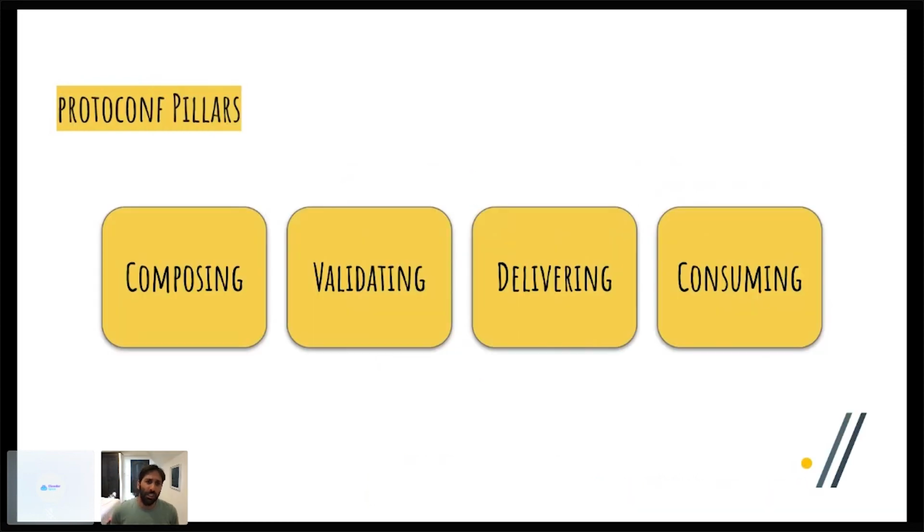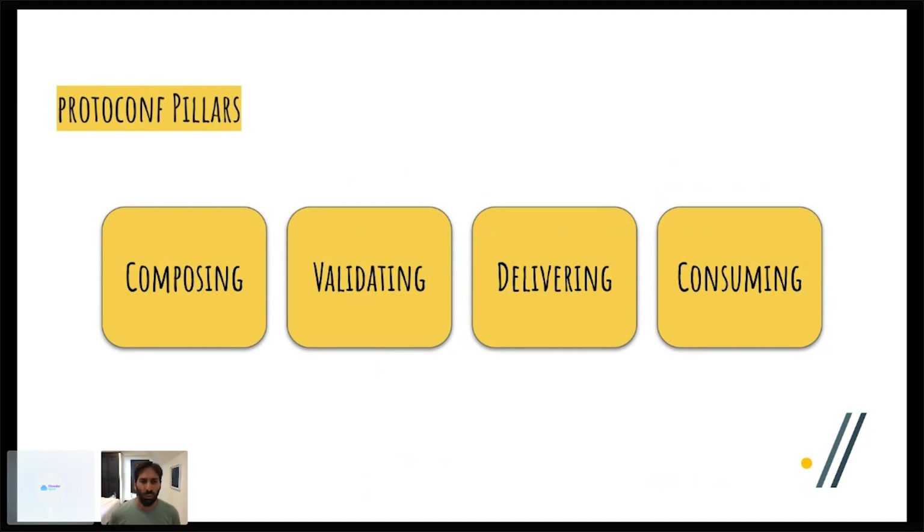I just want to say that because we're using gRPC, we can replace everything in this pillar. You don't have to use the Protoconf compiler and Starlark in order to compose the configs, because if you just comply with the protobuf schema, you can generate it from JavaScript or Ruby or whatever language you like the configuration to be done.